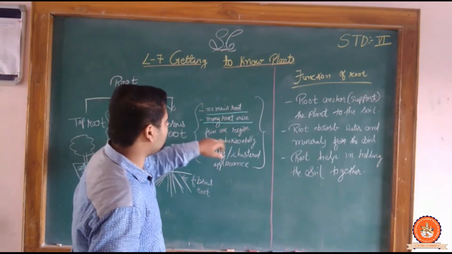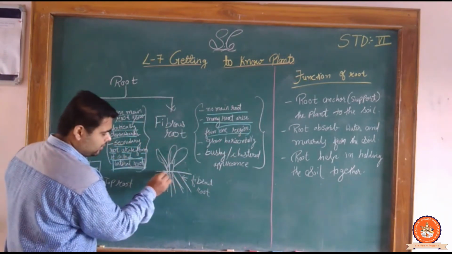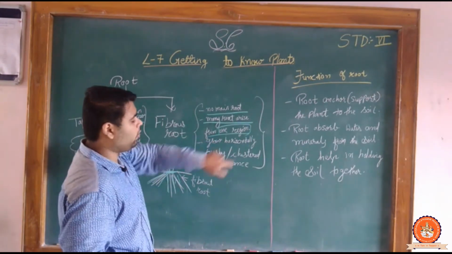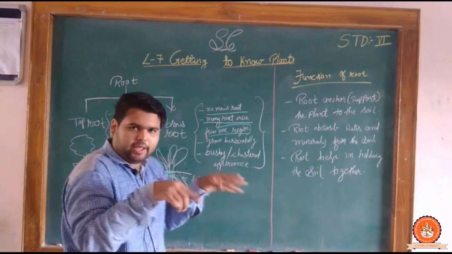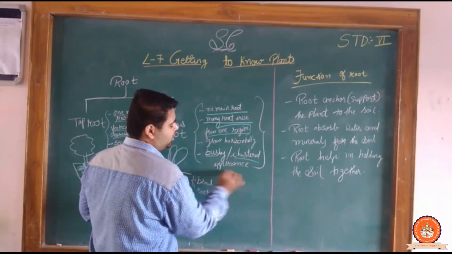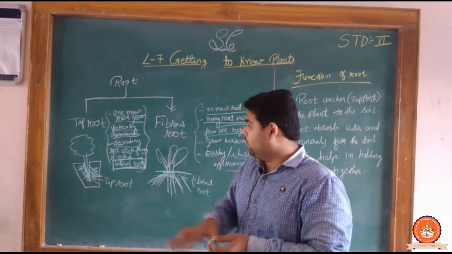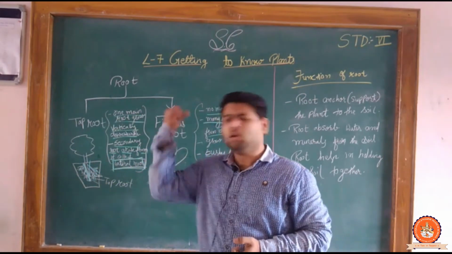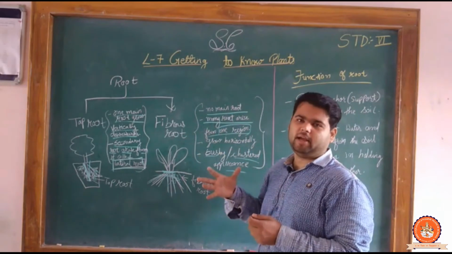The many roots arise from one region, clear, where they are arising from this one region, एक साथ बहुत सारे रूट निकल रहे हैं. They grow horizontally, now they are growing horizontally, कहीं पे भी कैसे भी चले जाएंगे, vertical नहीं जाएंगे, horizontally, and have a bushy or cluster appearance, एकदम bushy type. Now these type of roots are going to be very powerful, तुरंत नहीं निकलेंगे, बहुत जोर लगाएंगे. Clear?